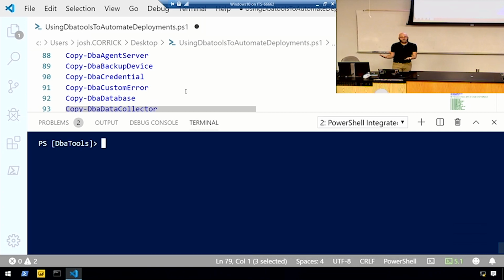So it's not the same thing as copy DBA login? No, it's different. So this is for the service account that's running? Explain that again. No, so DBA credentials is inside of, if you're looking in SQL Server Management Studio, it's in